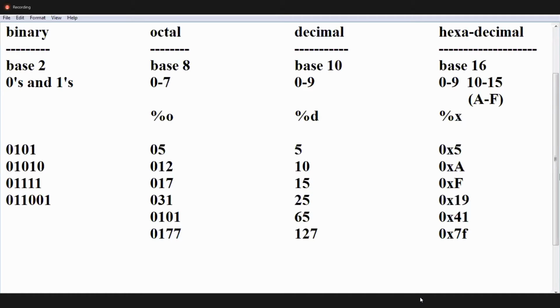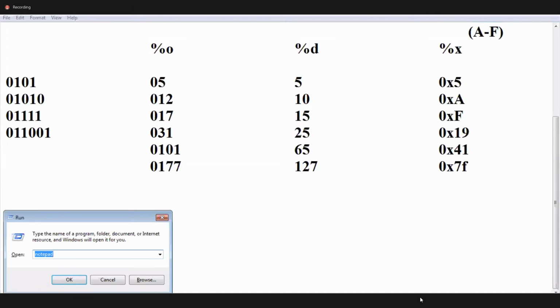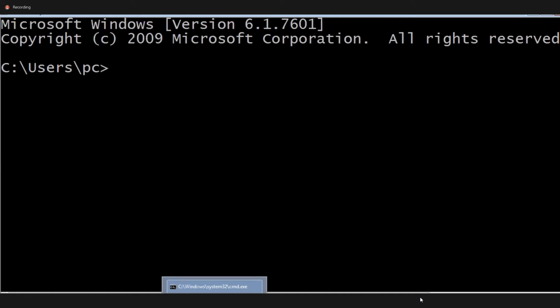Guys, is it okay? Clear? Yeah, we print one time, guys. See once. Now one more thing, guys.